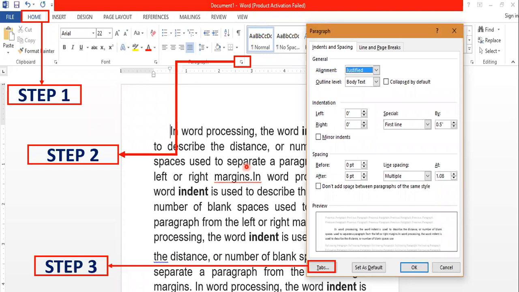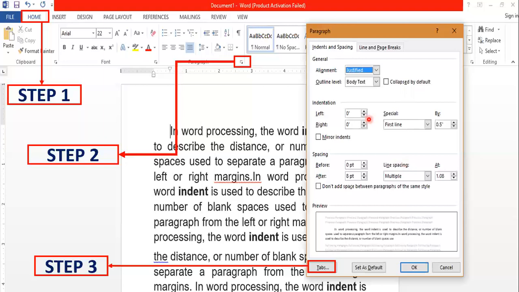You can change the amount of space provided by the tab key by going into the tab settings, and the steps for going into the tab settings are on your screen. As you can see, the first step is to click on the home tab. In the home tab, in the paragraph group, you can see there is one diagonal arrow mark here, right? When you click on that arrow mark, one dialog box will appear, and this is that dialog box. So you need to click on that diagonal arrow mark given in the paragraph group. Click on that. This dialog box will appear.